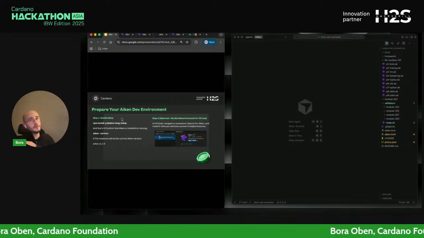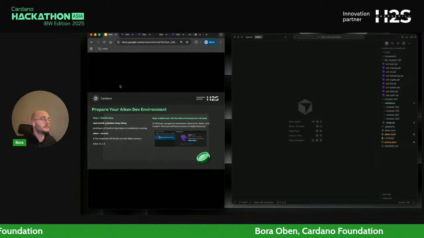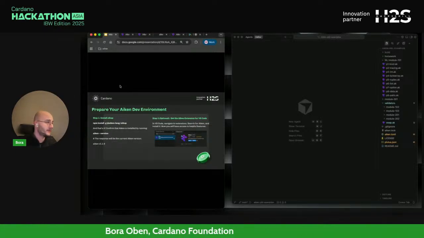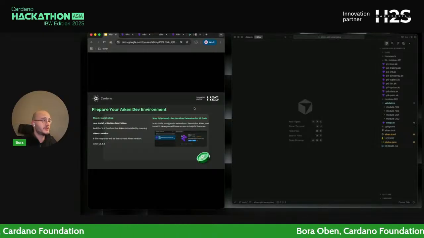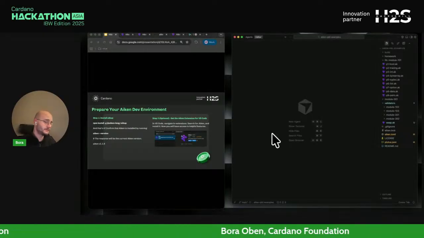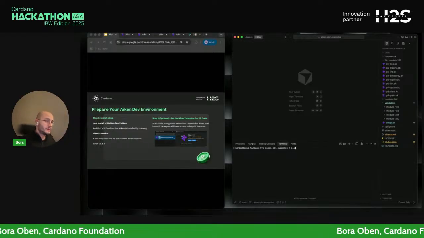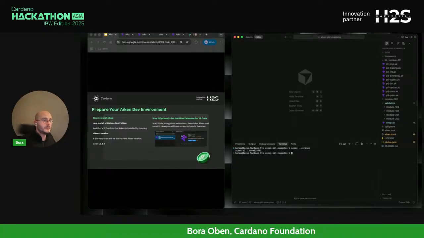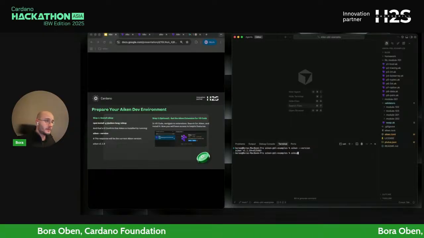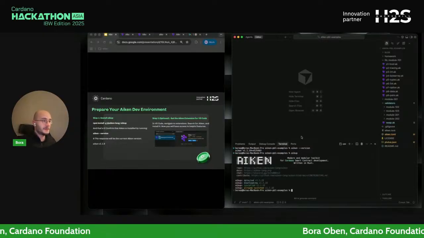So you went through the Aiken docs, you have some of the Cardano fundamentals in your mind, and you're starting. You first install Aiken, which at this point I hope you did. This is an Aiken project that I'm in, and if you have Aiken installed already, you can check your version. If you didn't install it already, maybe I should have first done that.